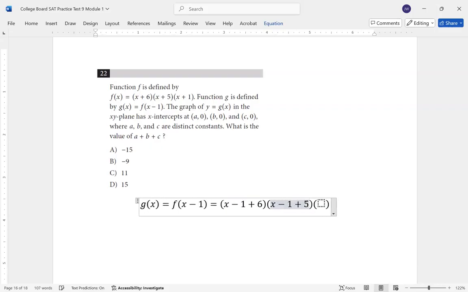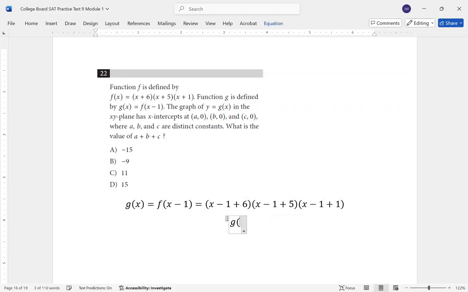So x plus 6 is going to become x minus 1 plus 6. X plus 5 is going to be x minus 1 plus 5. And x plus 1 is going to be x minus 1 plus 1. So that means g of x is actually equal to x plus 5 times x plus 4 times x plus